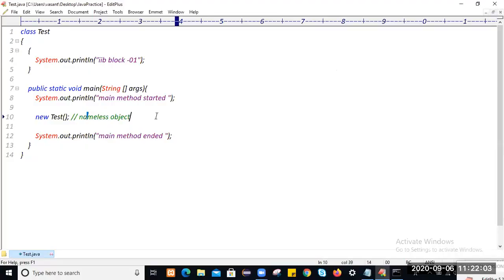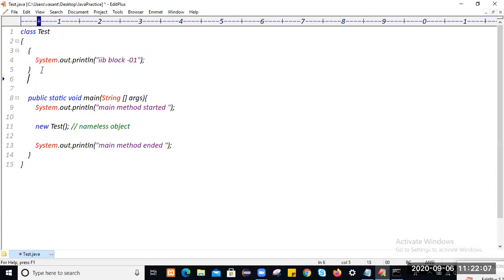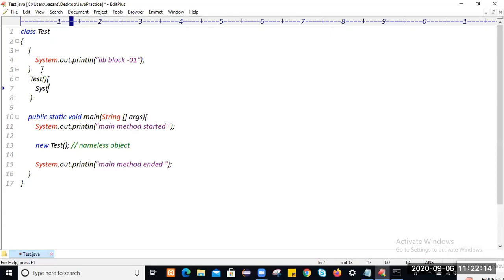Next, suppose you have a constructor within the class as well as an IIB block. The constructor name and class name must be the same, and we write the constructor logic. Constructor execution also depends on object creation, and IIB block logic also depends on object creation. This is a user defined zero-argument constructor.